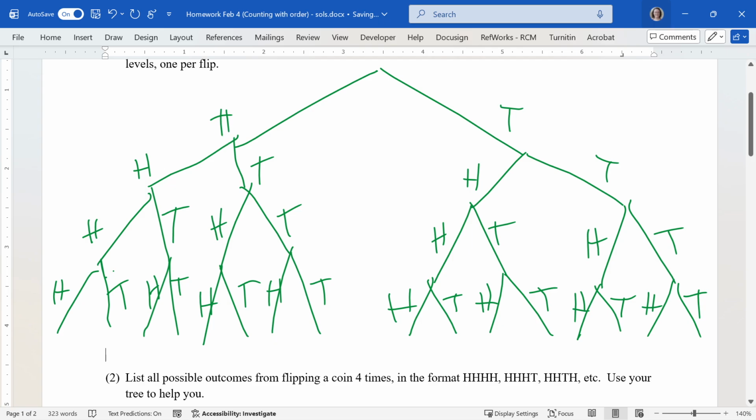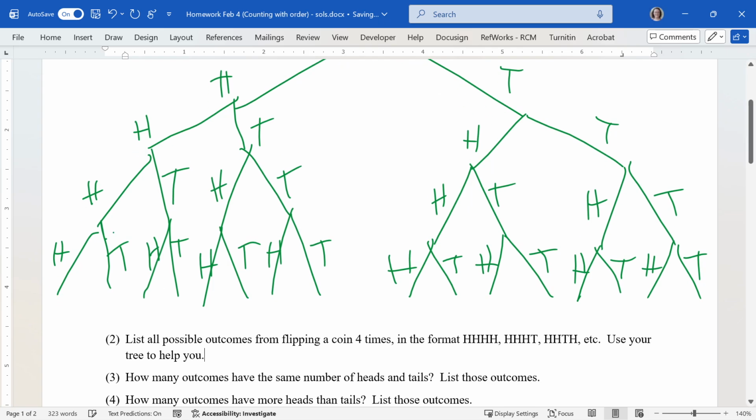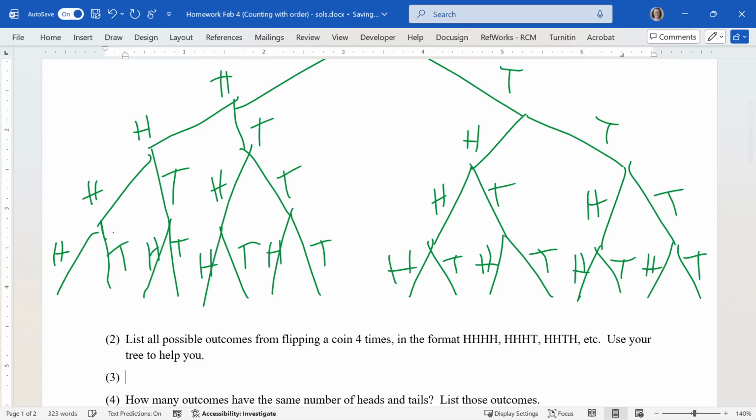So the far left one here is HHHH, and then the next one is HHHT, and then it keeps going like that. And they're actually in alphabetical order. So let me go ahead and type them here, HHHH, HHHT, oops, that's too many. And then we have HHTH, HHTT. Okay, so that was the first quarter, right? And then we have HTHH, and then HT,